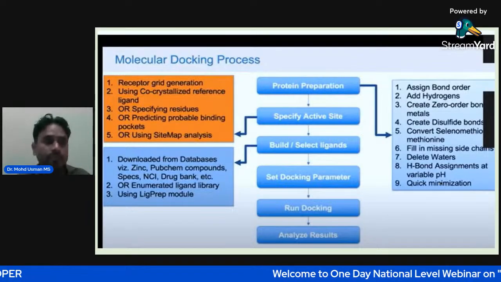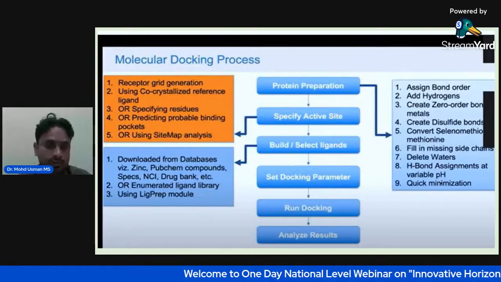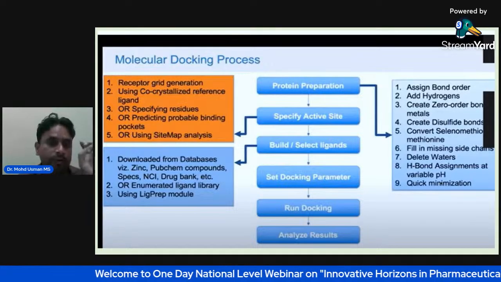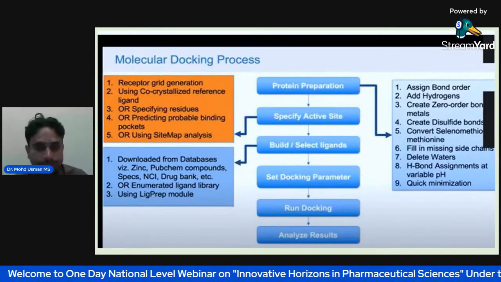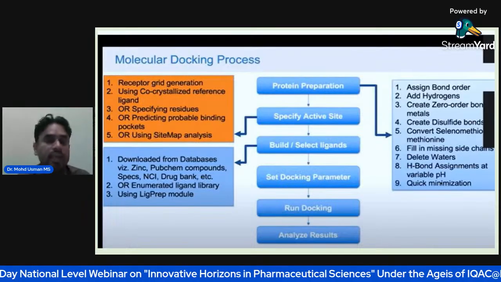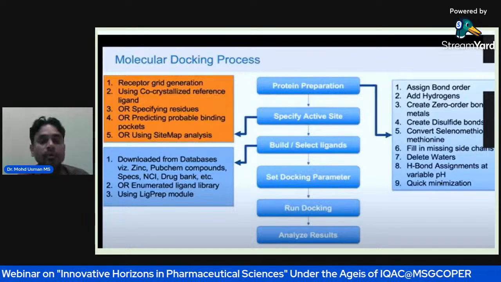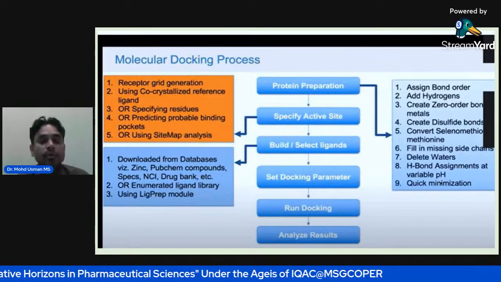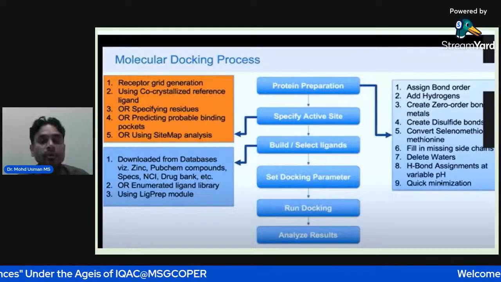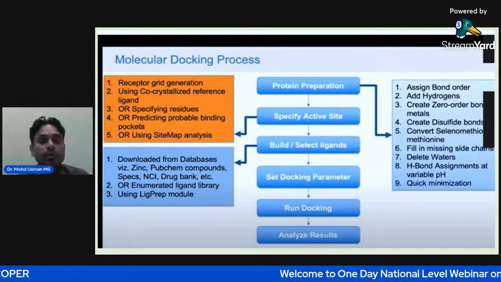Now, the molecular docking process. How are you going to do the molecular docking? This is a flow chart for molecular docking. First, we need to identify the protein. We need to download it from the Protein Data Bank. After downloading it, this reported chemical structure is a 3D structure